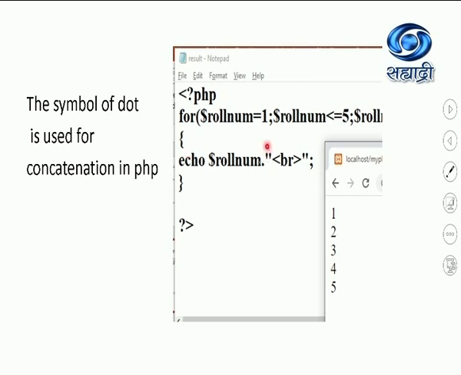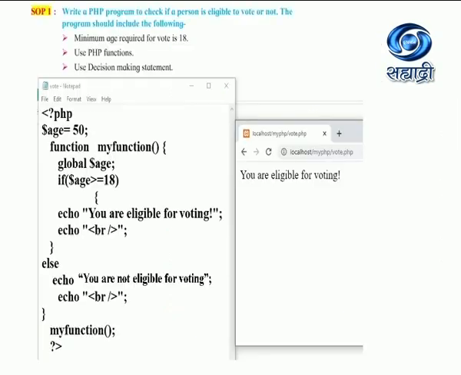Students, if I want to make use of any HTML tag along with the variable name in the echo, I can make use of the operator called the concatenation operator in PHP. It's a dot. So dot is used for concatenation. Along with the roll number, I want to go to a new line by using a break tag. So that's why it has printed every number on the next line. So this dot operator is used for concatenation in PHP. Students, do remember that in JavaScript we were using the plus operator for concatenation, whereas PHP uses dot for concatenation along with a string and variable.